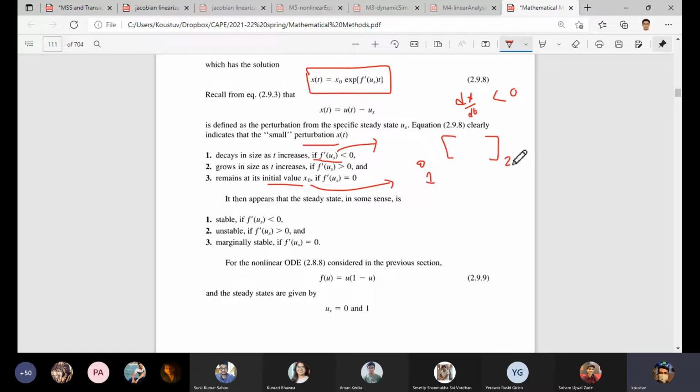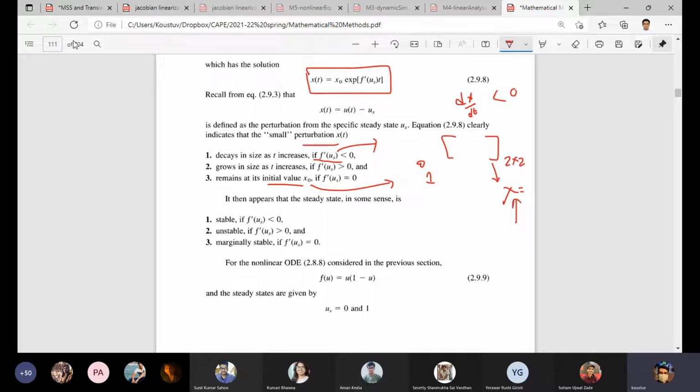But if it is a 2 by 2 matrix, then how will we represent that matrix? So we are essentially calculating the eigenvalue, and that tells us about the behavior of the system. That means the eigenvalue has a significance about how the system will behave. And when we say how the system will behave, that means the coefficients associated with those functions evaluated at the steady state point, which form the Jacobian matrix, right? So basically the response of that Jacobian matrix is obtained best by the values of lambda.